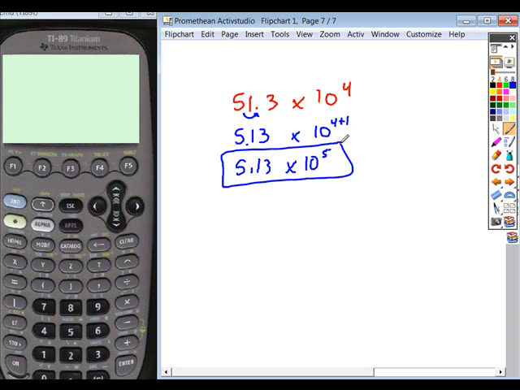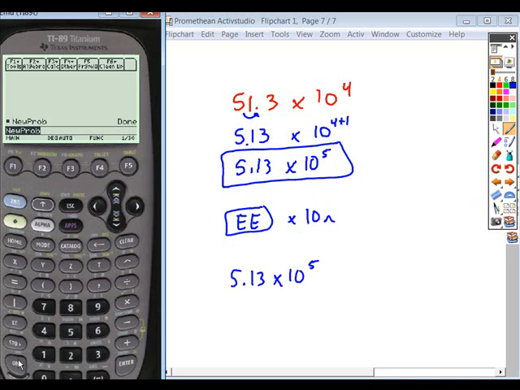All right, now on your calculators, there is no times 10 to the power of. You don't see that. Instead, what they have on your calculator is this EE key. It's located right here, third button on the left from the bottom, right next to the left of the 4. This represents times 10 to the power of. Okay, so if I wanted to take, let's say, 5.13 times 10 to the 5th, and I wanted to enter that in my calculator, the way I would do it